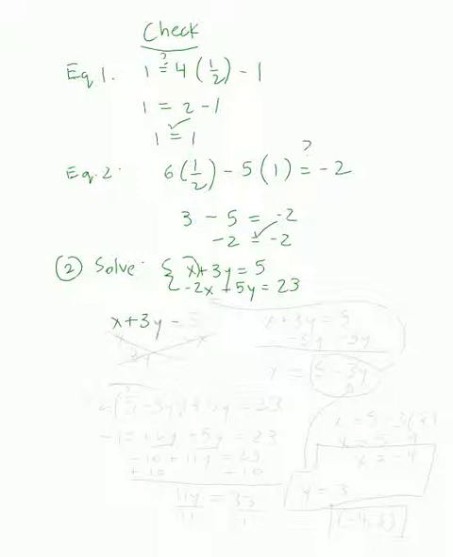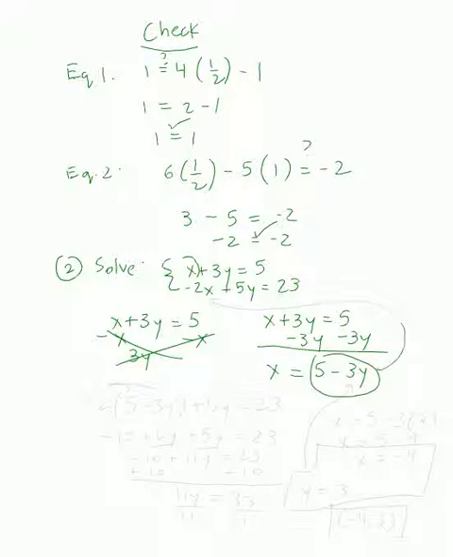So I have x plus 3y equals 5. Subtract 3y from both sides. Sorry, my mistake. We want to move the 3y over. We end up with x equals 5 minus 3y. Sorry about that. So once I get my x, and this is of course step 2,